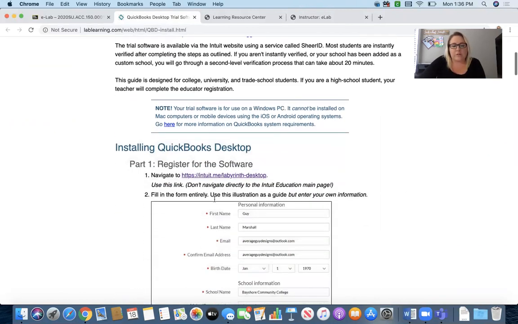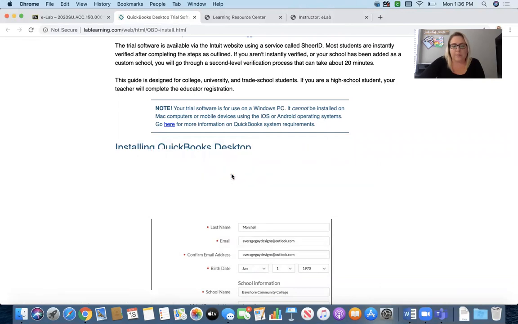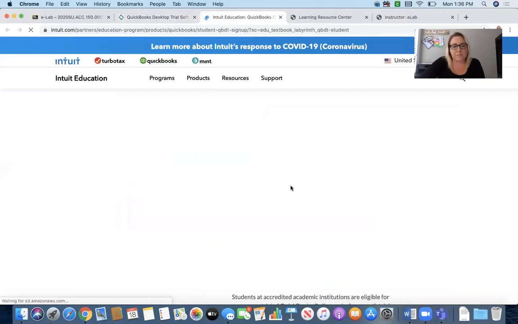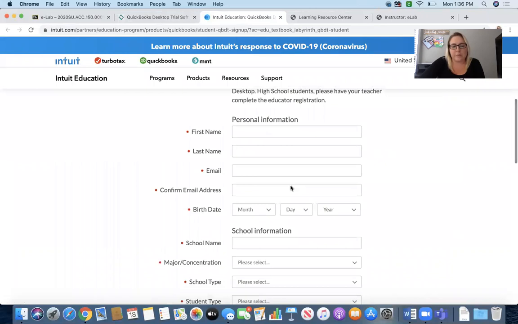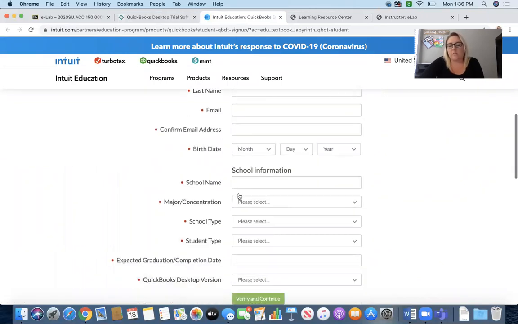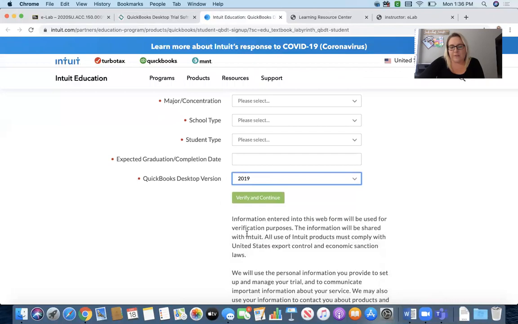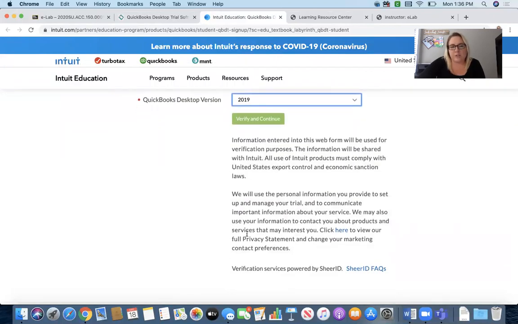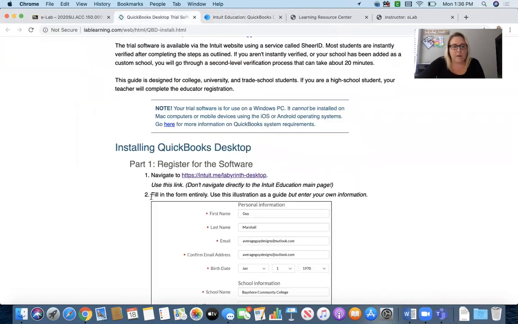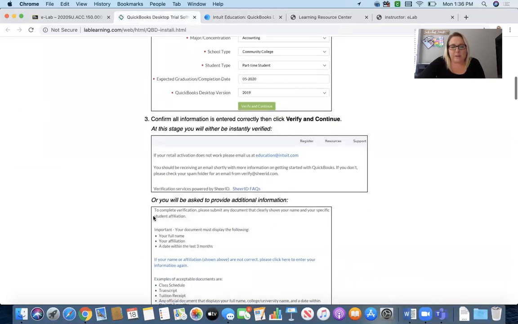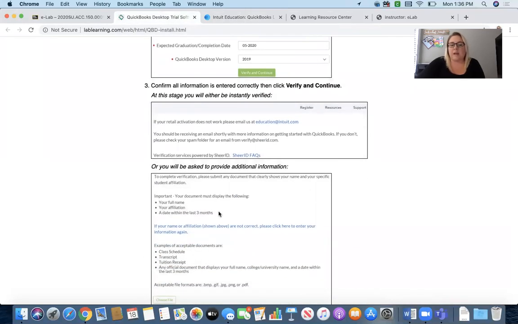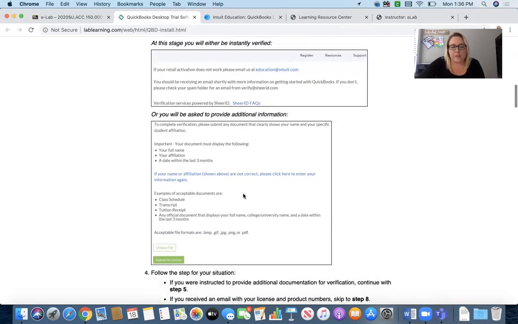So what you'll go through is you need to register for the software. If you click on this link, you will go down and enter your information, your WaitTech email, school's information. The desktop version is 2019 that we are using, and hit verify and continue. That's where they will send you the email to download the software. Once you've done this, that's when you can expect the email. So once you get the information, you'll either be verified or you may have to provide additional information. So follow these steps